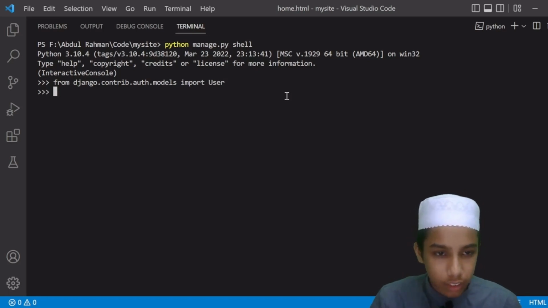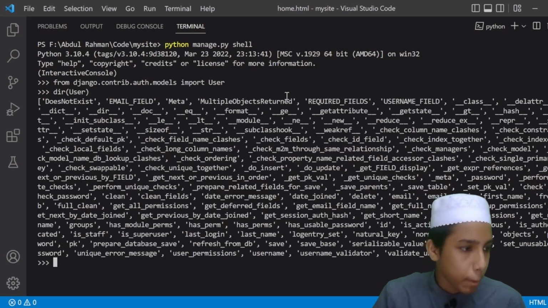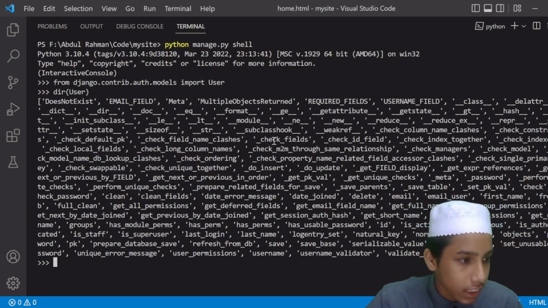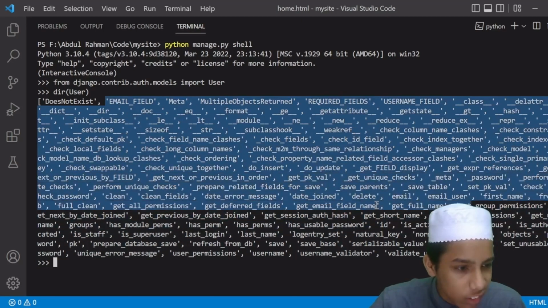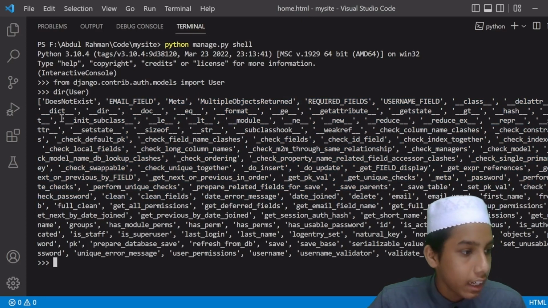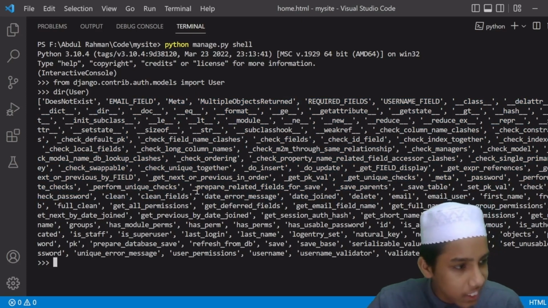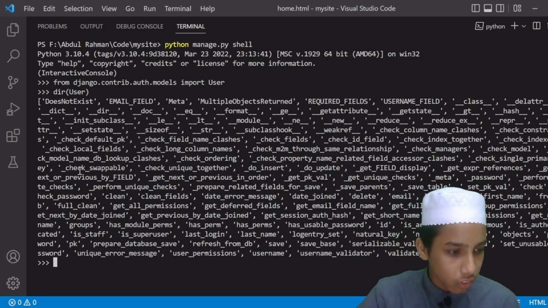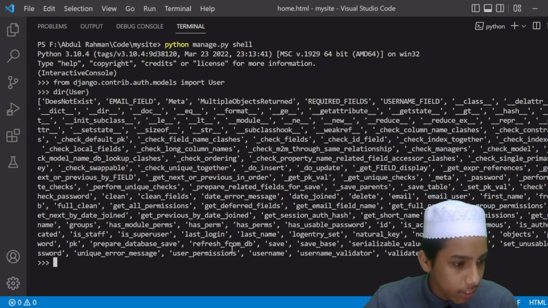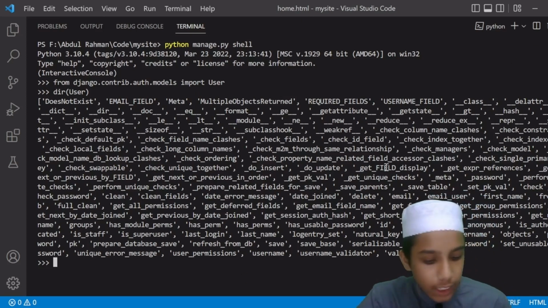Okay, so now let's do one thing: dir, and then in the brackets I'm going to give the user. So we are getting all of these things, which means we are not getting anything, it does not exist. We have a lot of render methods, like the dig dunder method and the dir dunder method, and all of these do not exist. So I think from all of these I'm going to use someone. Anyhow, let's exit this one,